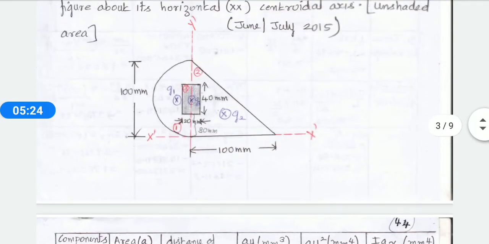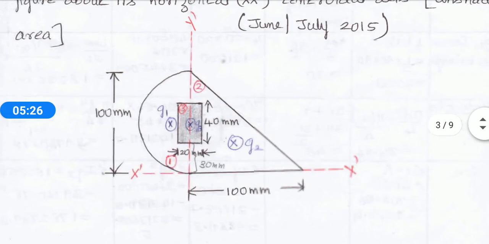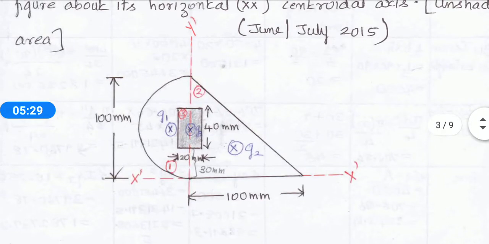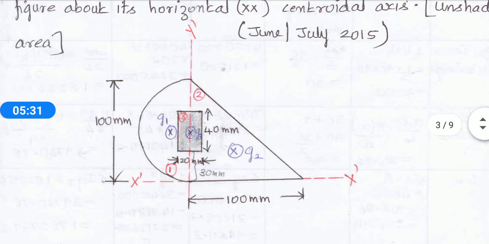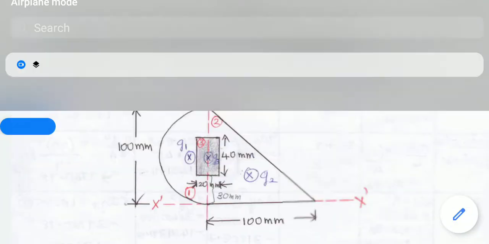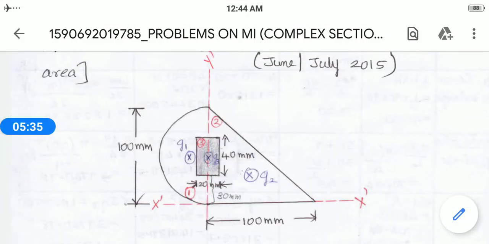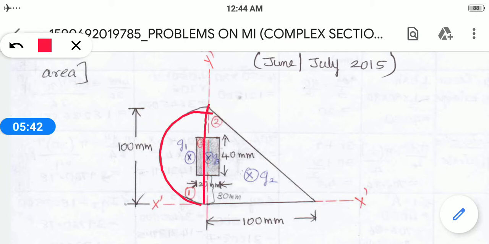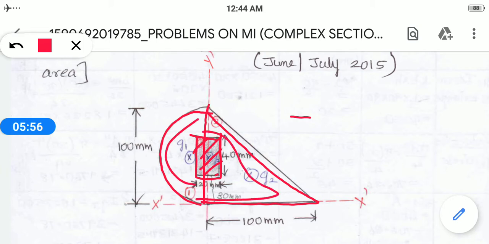See, in this diagram we can divide this component into three parts. Okay, what are the three things? One is our semicircle. This component can be divided into three different types. This you can take as one semicircle, and this you can take as one right angle triangle, and then we should minus this rectangle area. This is our concept now. After deducting, you will get the remaining things whatever we need to find out.